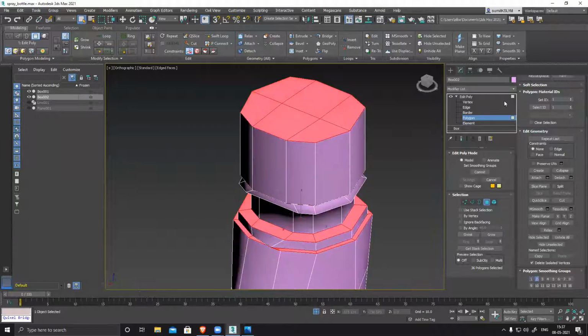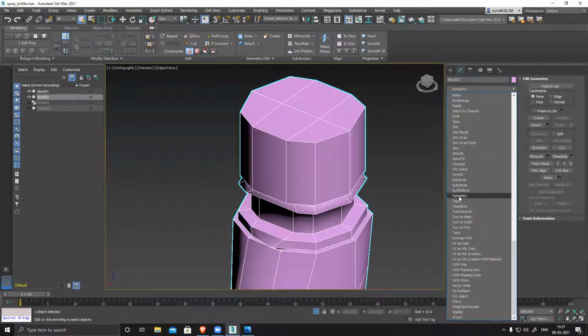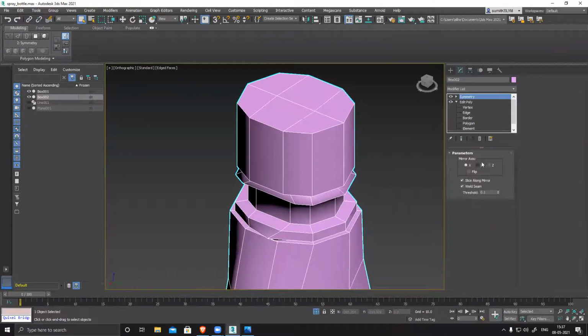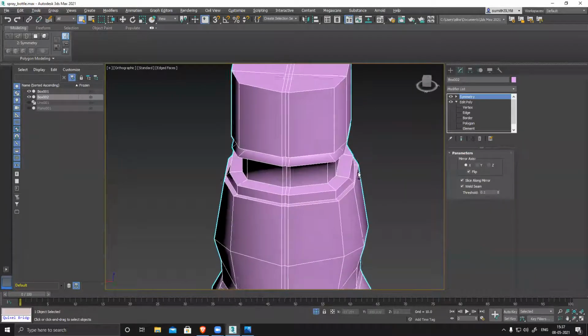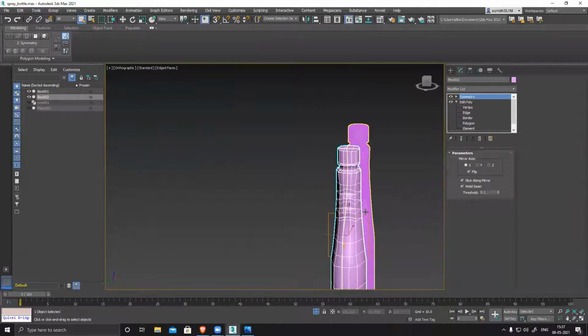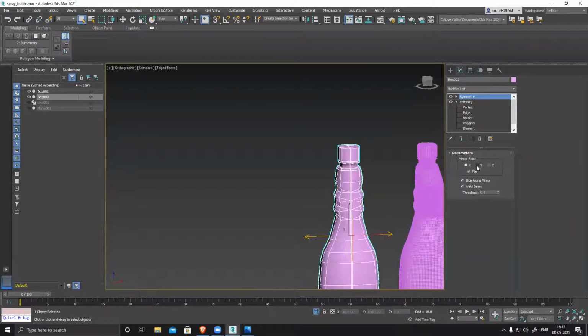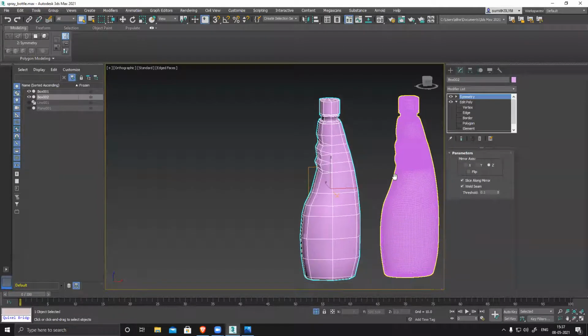Okay. And now let me apply a symmetry. Symmetry. Okay, not y direction, no flip, z direction.